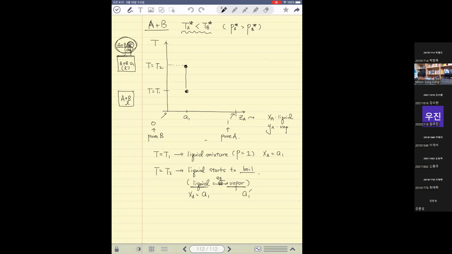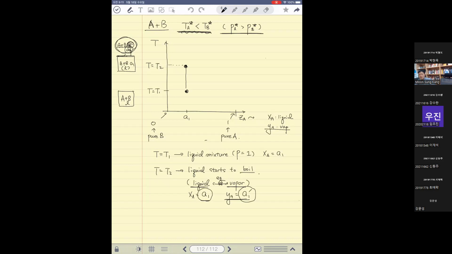And because it's a vapor phase, I'm going to use YA. And the composition here would be YA should be A1 prime. And my question here is, what would be a larger value? Would A1 be larger than A1 prime, or A1 prime be larger than A1? You can make the answer based on this information here, or the vapor pressure here. And it tells you that the vapor pressure of A is higher than the vapor pressure of B, right, in the pure state. What I mean by that is, if they start to boil,